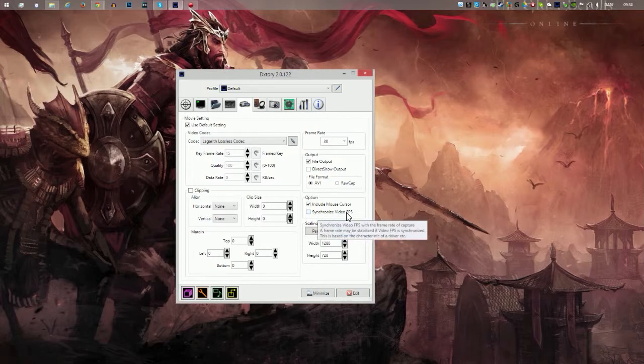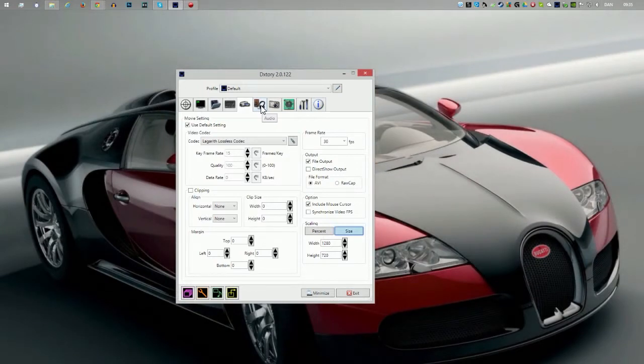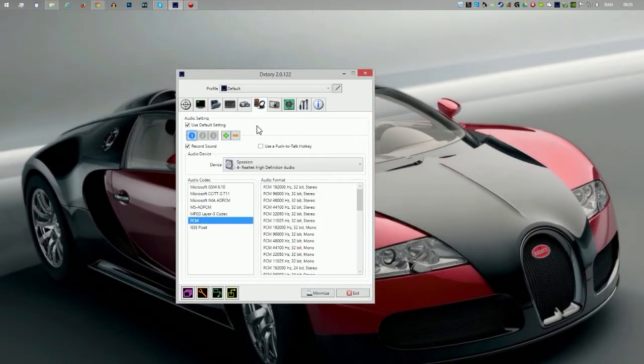This synchronized video frames per second, it's basically like VSync for your recording, but if you VSync in the game, it's not important. And this is why I use Dxtory, the audio settings, is because you can record multiple recording tracks in the file. So you can have one for your game, your mic, and if you use a mixer, or you have something called virtual audio inputs or something like that, where you can actually set up your own virtual mixer. You can record Skype, TeamSpeak on a separate track and all that.